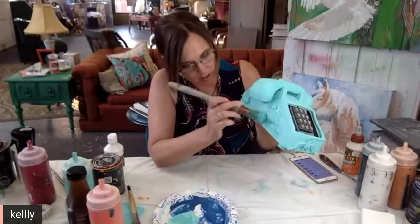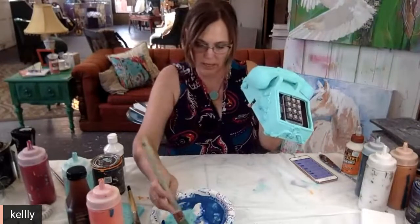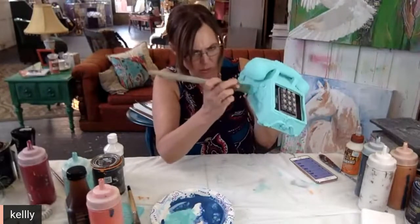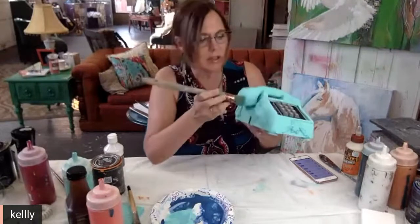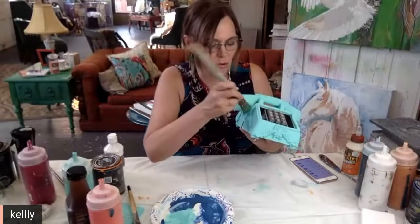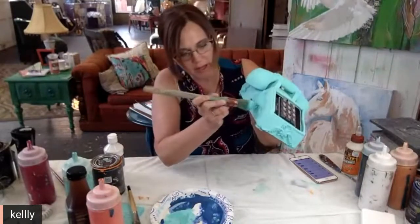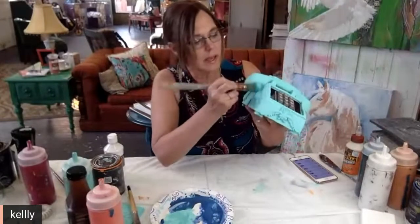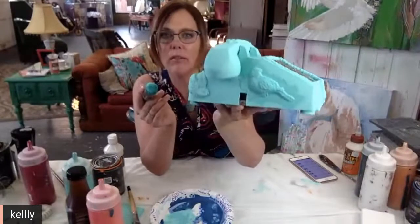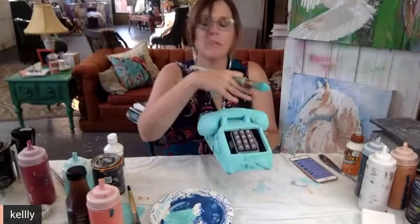And if you notice, I'm going around all of the edges of the bird because when it dries, sometimes it will lift a little bit, or you might see a little bit of shrinking or movement that happens as it dries. And then the clay-based paint is just perfect for filling that right in because it is very thick. Okay, so I'm just pouncing that on, and that will cover all of those little cracks and crevices up. And that's really all I did. I did that over the entire